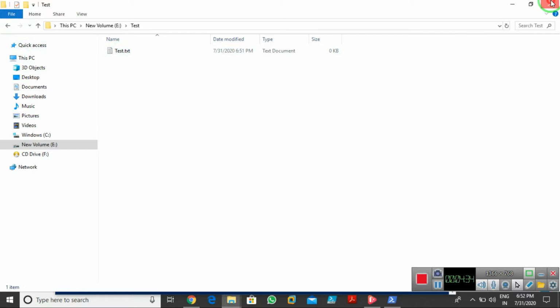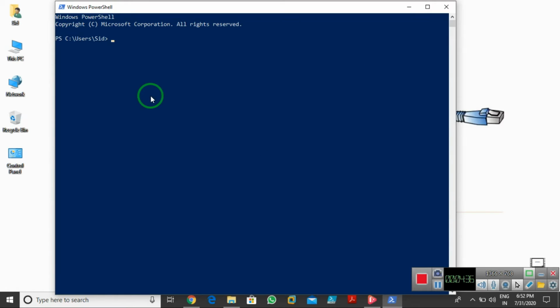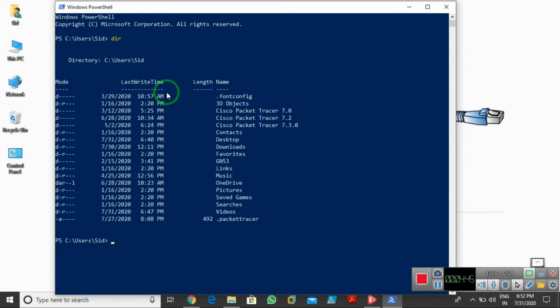Now I'll show you how we can use PowerShell. The first command is dir. So dir is running over there. Right now I'm in the C user set. This is the present directory I have. So if I enter it, as you can see, we have the dir option. The dir command runs in your CMD also, and dir runs in your PowerShell also. It gives you a list of all the directories created at this present location.